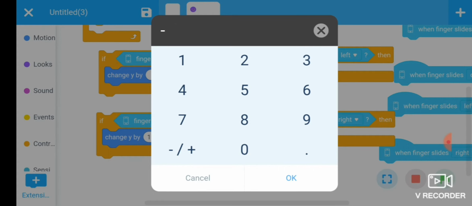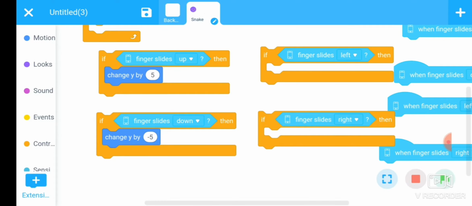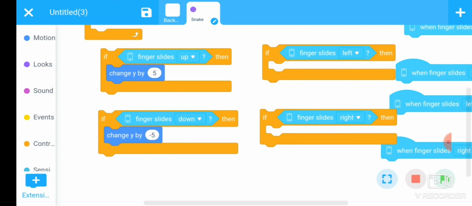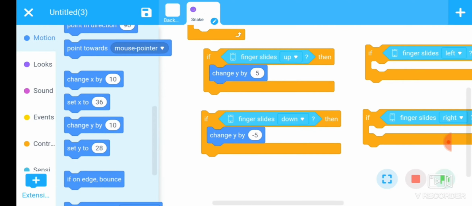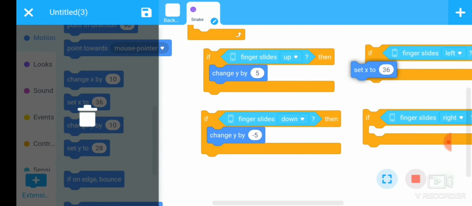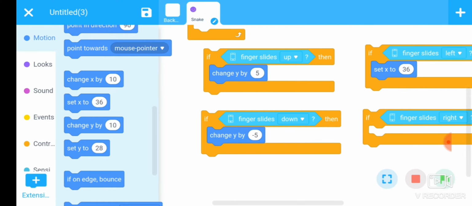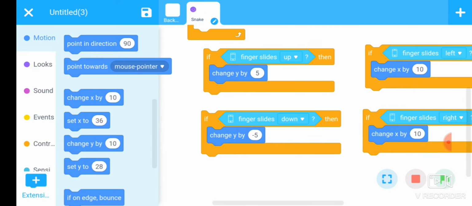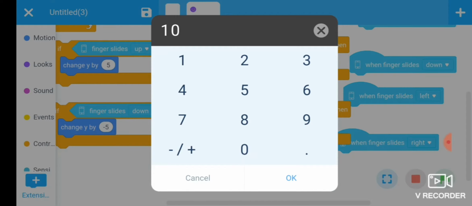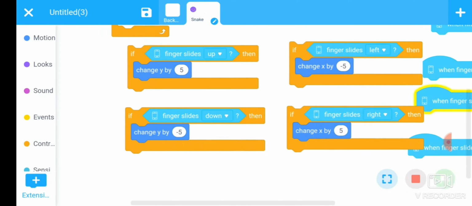For down means minus y axis direction. Similarly for left and right, choose the command change x by 10. Left means minus x axis direction and right means plus x axis direction.